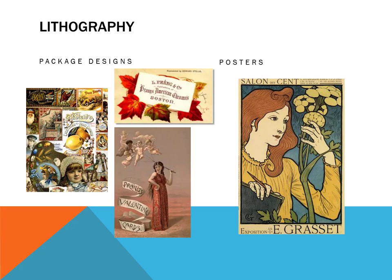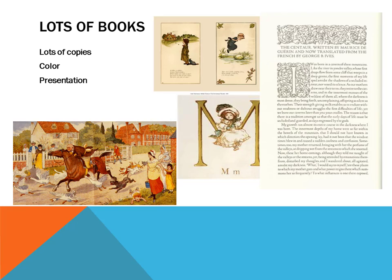Posters became very popular due to a change in the laws in France, which then allowed posters to be placed almost anywhere. And of course, lots of books. They could be created in color. Advances in printing techniques made it possible for multiple copies to be printed, and designers could then concentrate on the